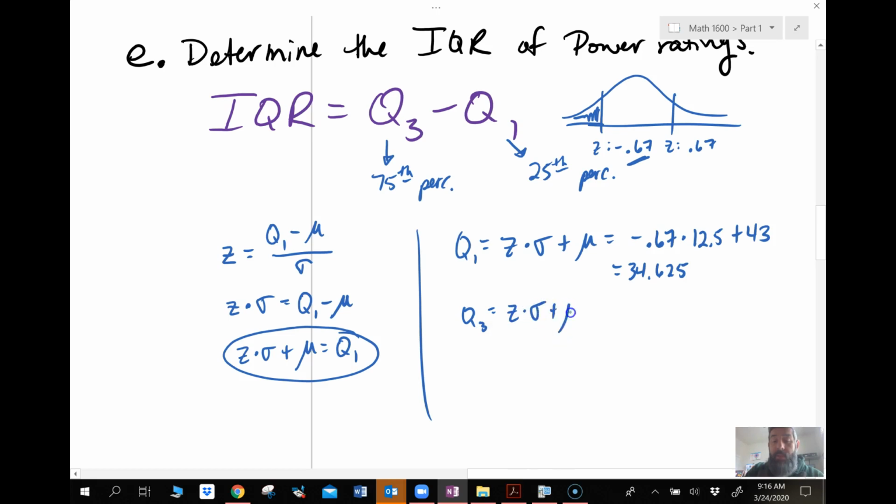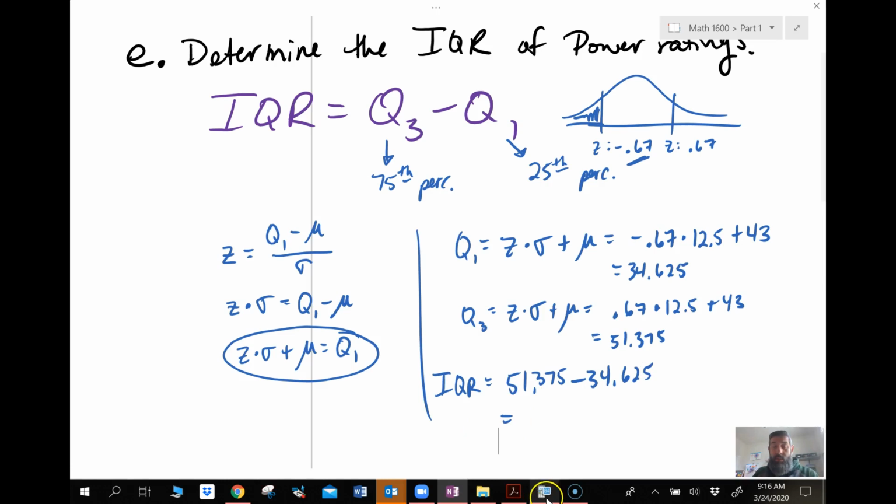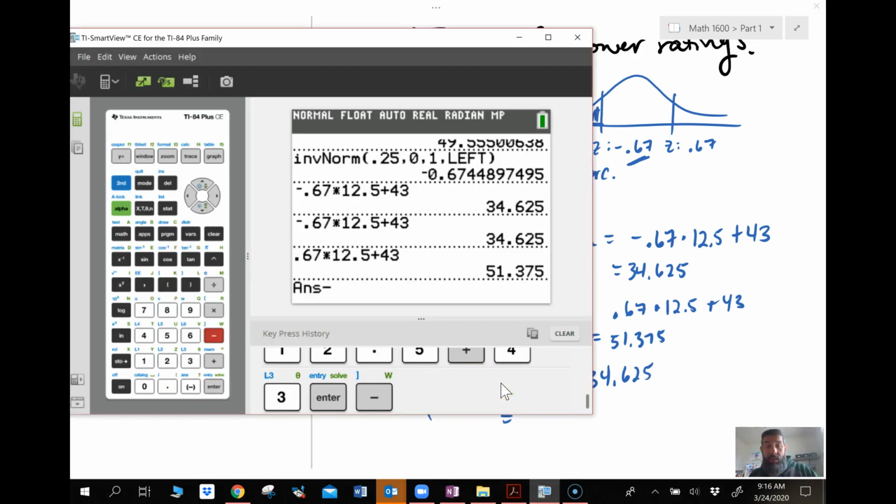We'll do Q3 the same way. z times sigma plus mu. We'll go positive 0.67, times 12.5, plus 43. And we're going to get 51.375. And now we want our IQR, and our IQR is Q3 minus Q1, so I'm going to take 51.375, subtract 34.625, and we are going to get